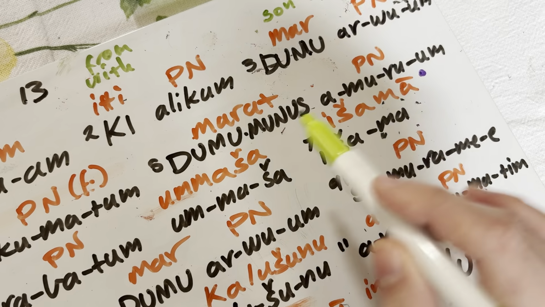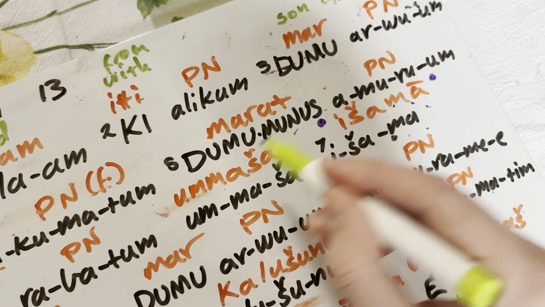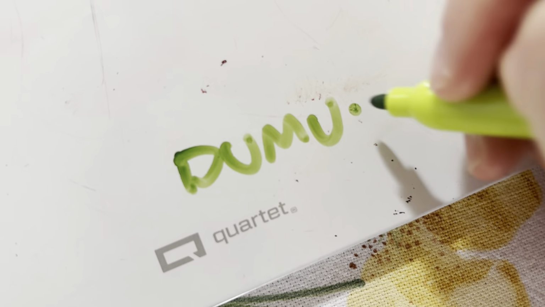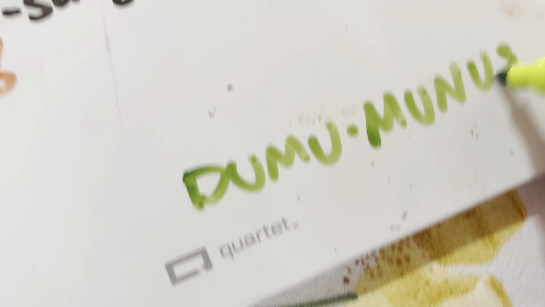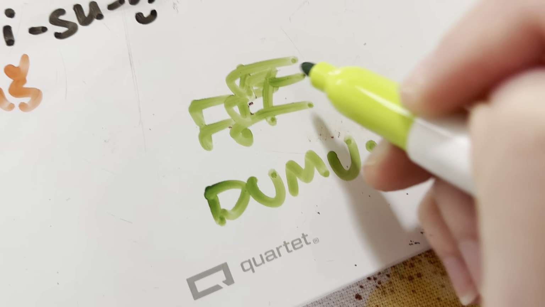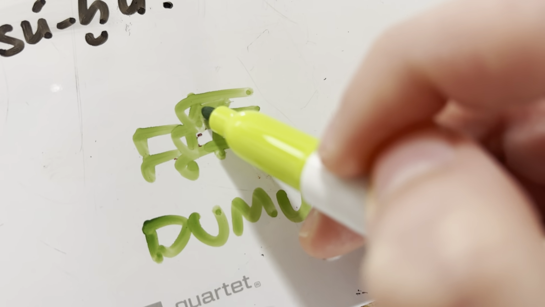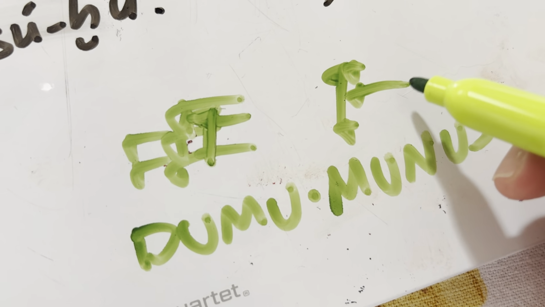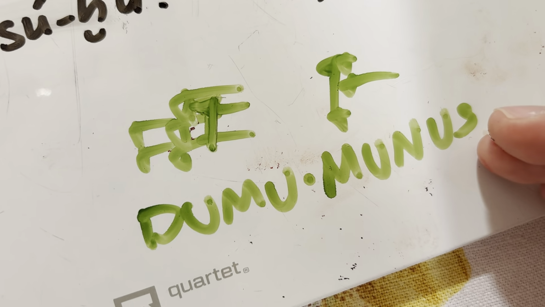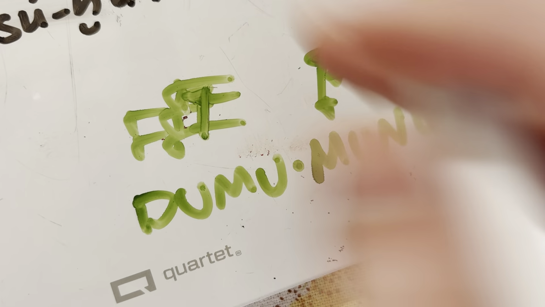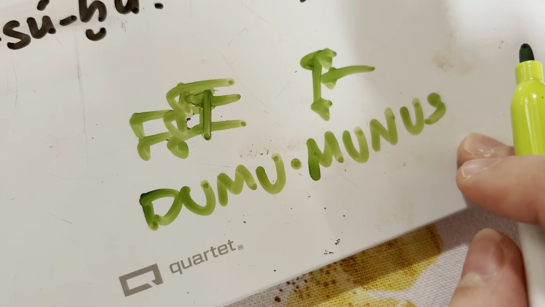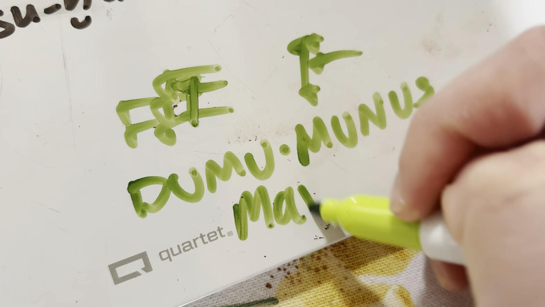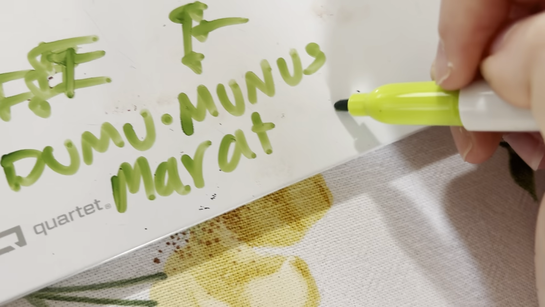Then we've also got munus. I don't know if I'm pronouncing that right. So dumu munus, just to show what that would look like, would be, again, that sign for son. Just realised how poorly this poor whiteboard is looking. Anyway, so son, that's looking very unclear, but you get the idea. And then it is the feminine marker that's used with names. So dumu munus, so it sort of means son, female in a way. So that means daughter, which in the bound form is marat, and in the free form,